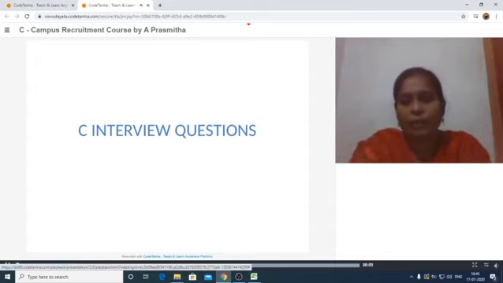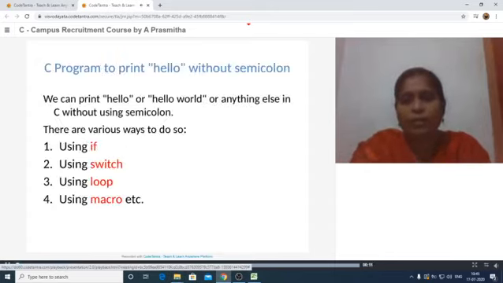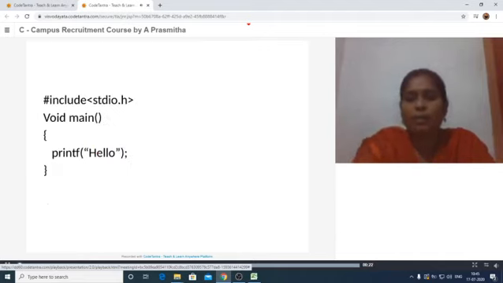The very basic question is to print hello without using a semicolon in a C program. Normally, the C program for printing hello has the header file stdio.h, which has the library functions for standard input output, like printf.